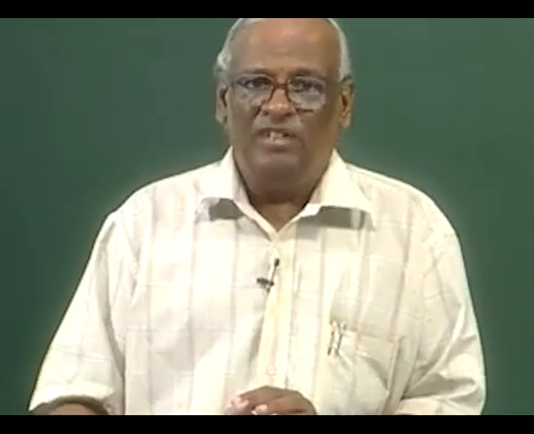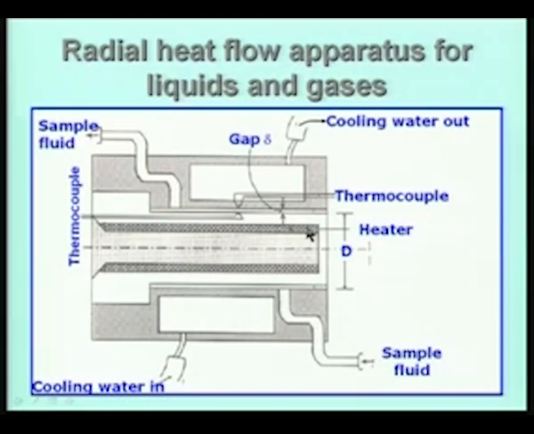In the case of radial heat flow, what I have is a cartridge heater in the form of a cylinder. This is the cartridge heater, and there is an annular region, this thin region here of gap equal to delta. This is a cylinder, and the diameter of the cylinder is d, and there is a narrow gap equal to delta through which heat transfer takes place from the hot plug